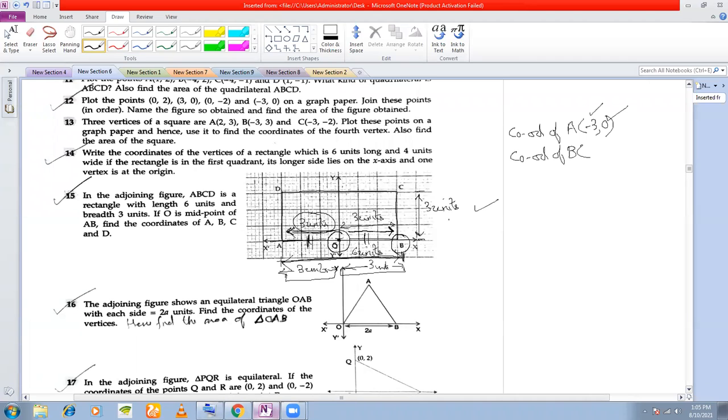How much distance are you moving? You're moving 3 units, right? And which direction are you moving? You're moving in the right direction. That means you're moving in the positive direction, right? Yes, sir. This point B lies on the X axis. That means obviously the Y coordinate will be 0. And X coordinate, what is the distance you are moving in the right direction? 3 units. That means +3. Clear now? Coordinates of B? Yes, sir. Good. Okay.